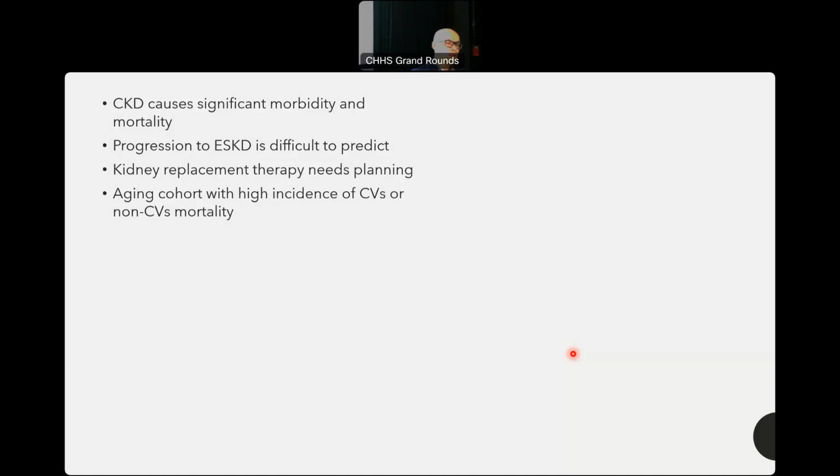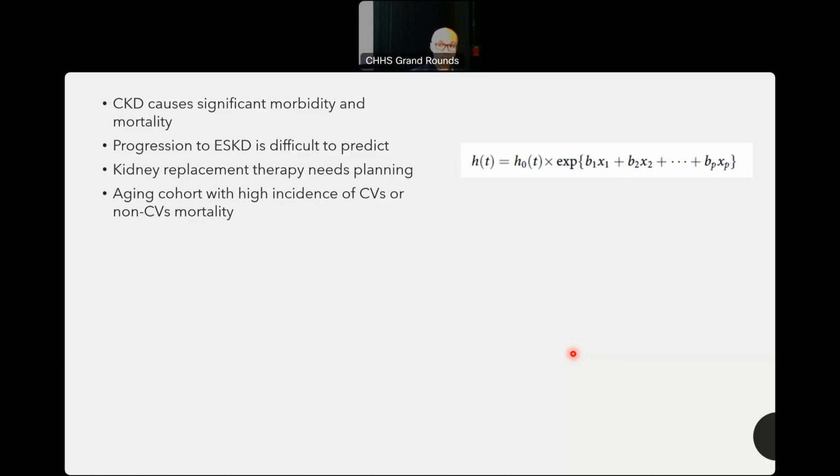It's also undeniable that our chronic kidney disease patients are aging, and they have a high incidence of cardiovascular or non-cardiovascular mortality. So this is the formula of Cox proportional hazard. The majority of risk scores used in medicine rely on this formula. However, this approach can only use baseline data, meaning that it's static. The static predictive model will potentially miss or will not appreciate the valuable prognostic information derived from the longitudinal data